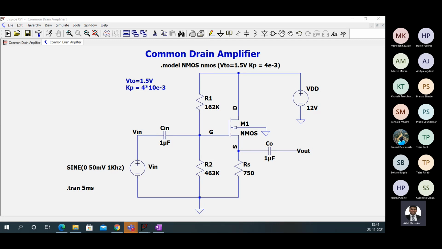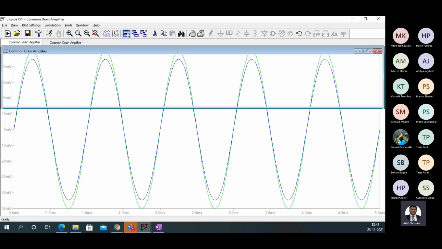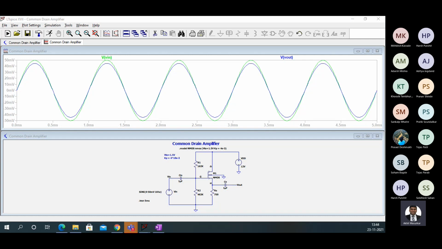In the exam, you have to show that the calculated values are the same as the observed values, and that is the reason why I showed you the entire calculation. Come on, everybody, put your outputs in the chat box quickly. First, I want to see the circuit followed by this wave. Okay, Nikhilesh is the first one to do it.